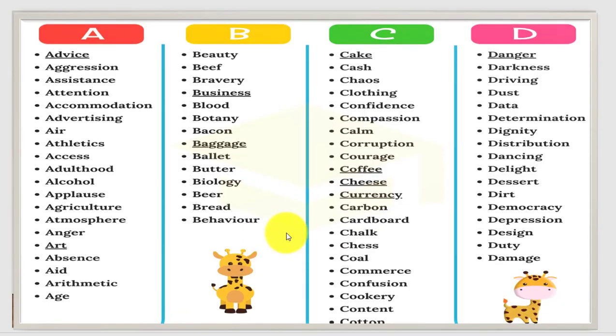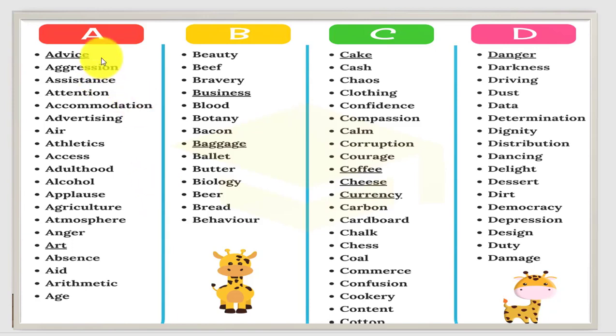So here is a list of different kinds of nouns. As you have already learned about the kinds of noun, here is a list given as an assignment, and you are supposed to submit this assignment in the comment box or through my WhatsApp number.